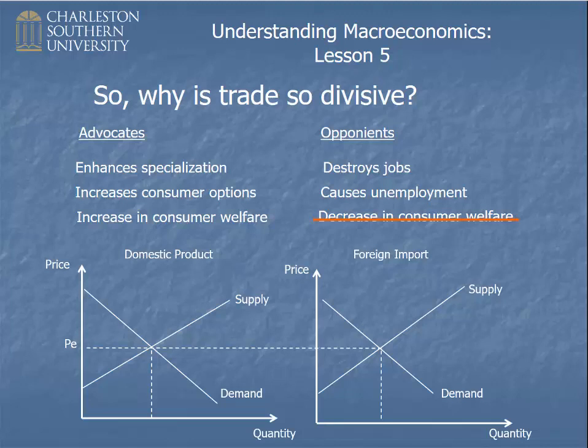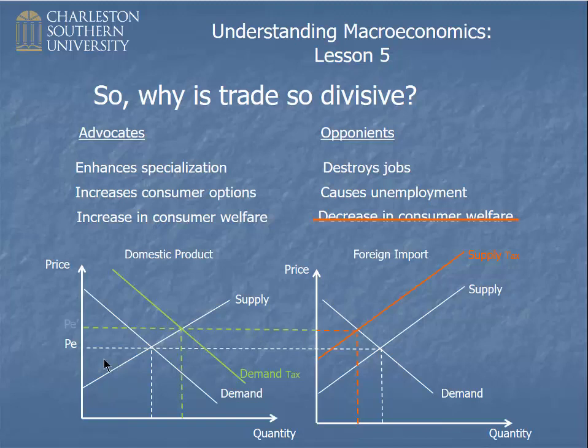So we put a tax on the foreign import, and that causes the supply curve to shift back to the left as those foreign producers now have to pay this tax. I hope you can see that sales of the foreign product will go down and the price of the foreign product will go up. Well, that's good news if you're the domestic producer, because that means now that the foreign product is more expensive than yours, and so you will get a lot of customers that would have bought the foreign product. So from your perspective, the demand curve will increase for your product as these customers are stolen from where they would have been otherwise, and you get a new equilibrium up here, right?